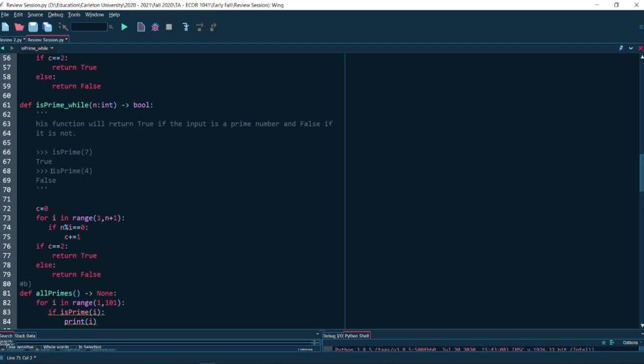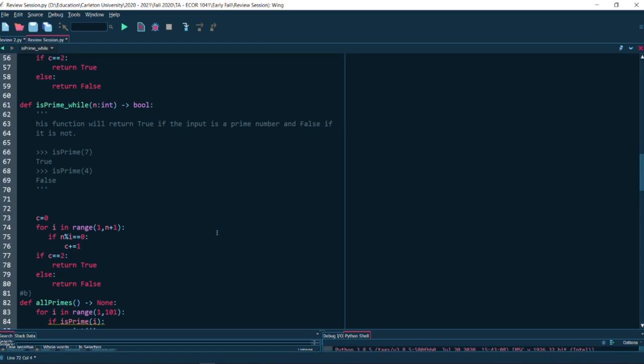I want to have it in a while loop. So the moment you're dealing with a while loop, you're going to need a counter or a condition. Because this one doesn't have a specific condition to begin with, we have to make our own condition. And I'm going to use a counter for that. So you see how we have an i here? It's a good idea to make our own i too.